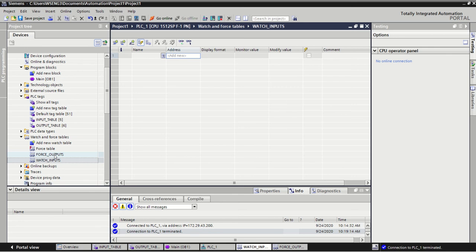Now, sometimes your PLC could be away in a cabinet, it could be very far away from the input that you're triggering, or it could be hard to access or even just hard to see. So what you can do is you can also watch this from the software. And we do it again in a similar way, in the sense that we create a watch table and we add in our addresses. So for inputs, it's going to be %I, start at 0.0,